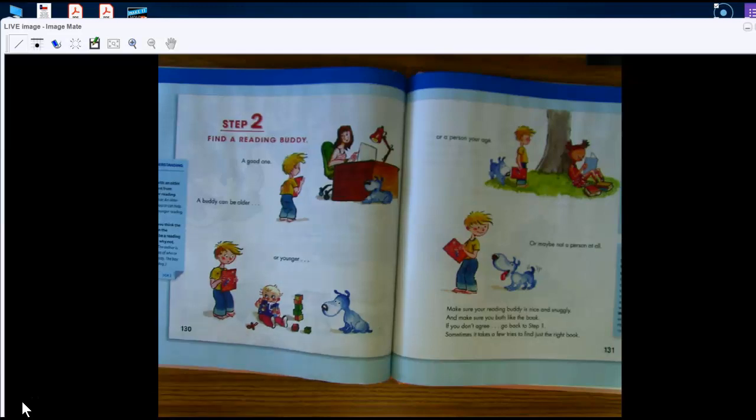Okay? Why do you think the author includes a dog as a reading buddy? Can a dog be a reading buddy? Yes. How can a dog be a reading buddy, Cooper? He can listen. Even your stuffed animals I gave you for the school year. Those can listen. That's why I gave them to you, to be your buddy, since we can't have reading buddies this school year. That's exactly why I gave you that. Okay,